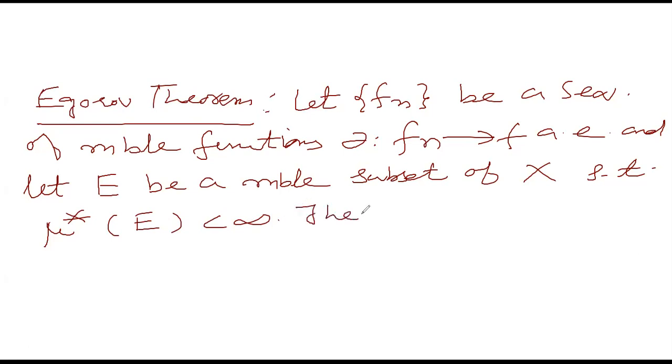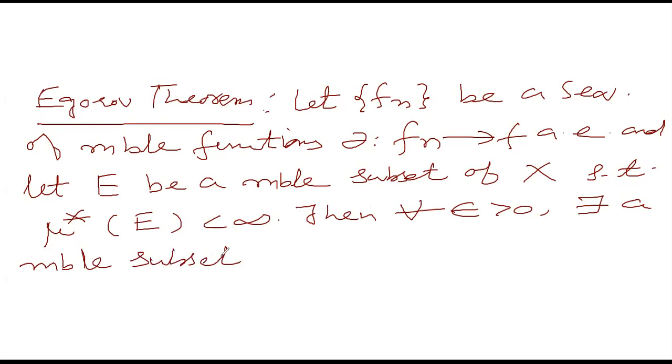Then for all epsilon positive, there exists a measurable subset F of E such that the measure of F is less than epsilon,